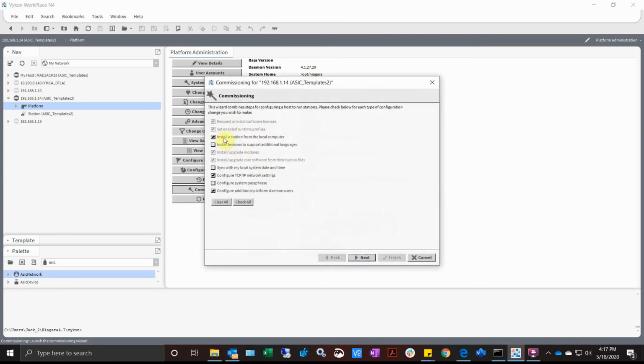And so we want to install, yes, we want to install a station. We don't need lexicons for additional languages. I do want to sync to time. We'll go ahead and configure TCP/IP settings. You can do that if you want, and configure system passphrase. We don't need to do that because we've already done it in the station and the